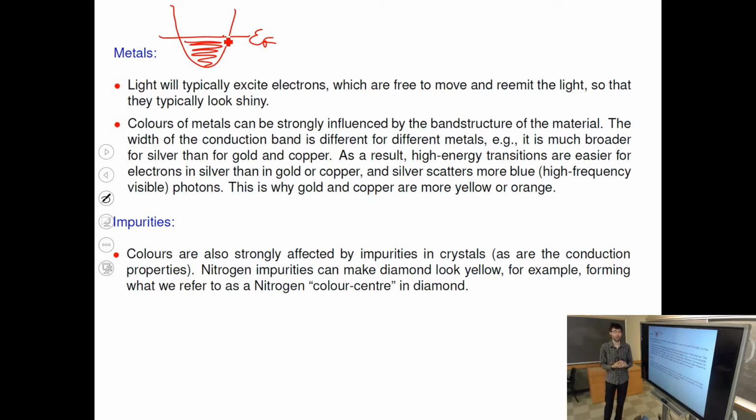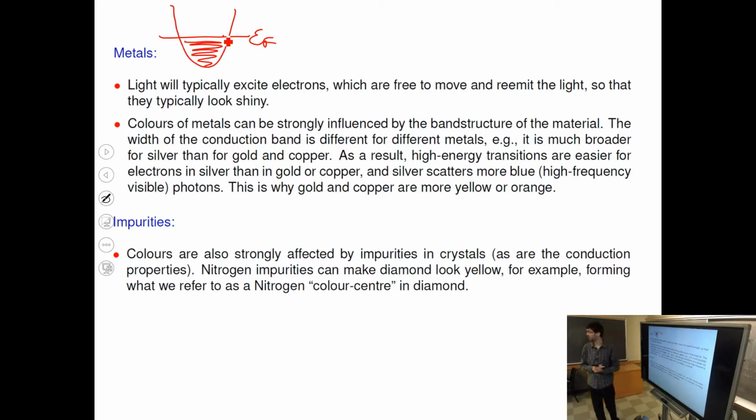So a lot of the properties of metals are explained by electromagnetism, as we can see in terms of reflections of the waves. I'll have a slide on that later on. But from the band theory point of view, this is what's happening. So metals are not transparent. They are all these kind of shiny materials. They don't transmit light through, but they can reflect. That's why they can be shiny. So we'll see that in a moment.